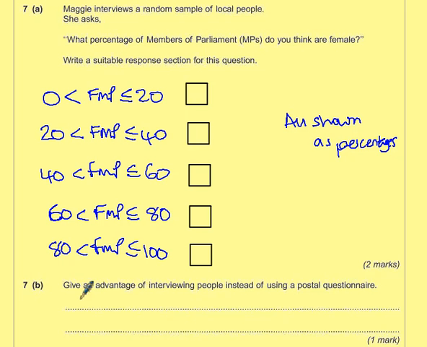The 7 part B says give an advantage of interviewing people instead of using a postal questionnaire. Well, there are different reasons you could give here. One is that you could get an immediate response, or, so I'll put these as a bullet point, the other point you could make is that you get a better